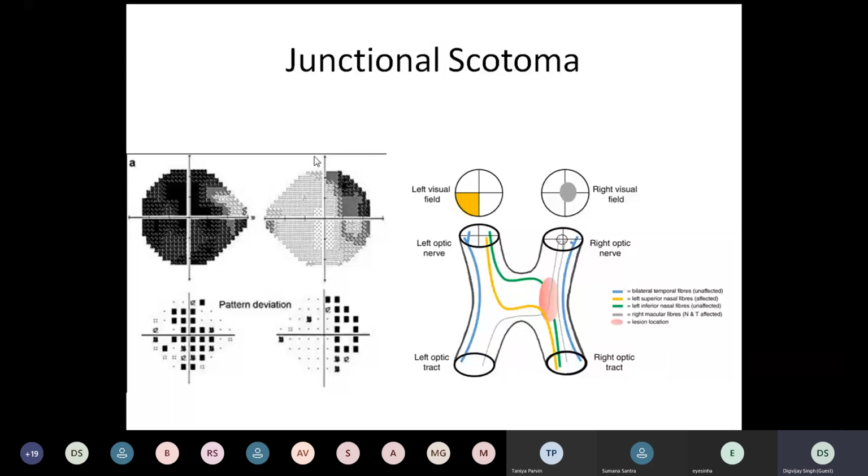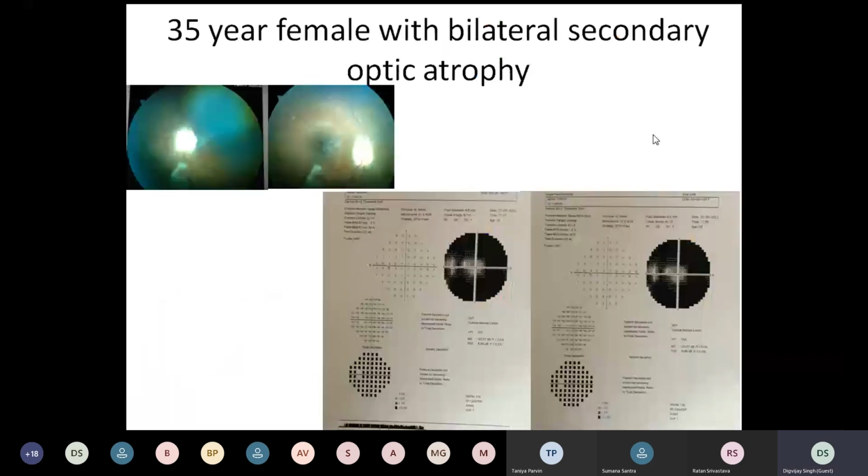This can be seen in prefixed pituitary tumors, which are a little ahead, with the chiasma a little behind them. So one eye has complete loss, and the other eye loses just one quadrant, which is the superior temporal quadrant. This is known as the junctional scotoma. So these are spotters that you may get. Okay, let's move on to the next question.